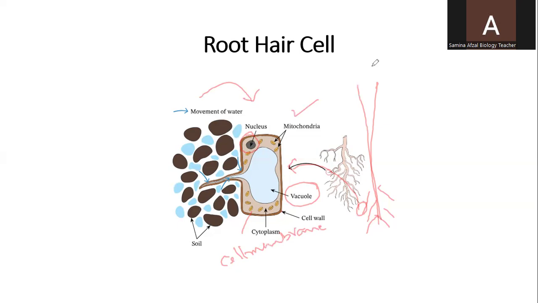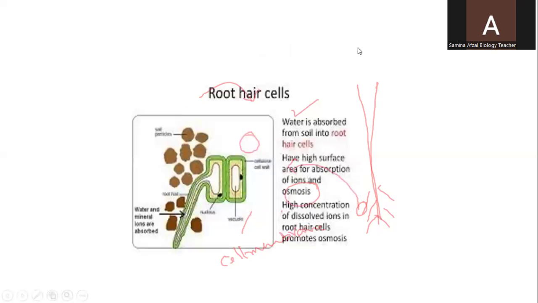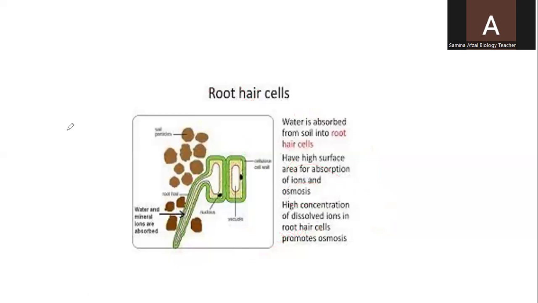So its structure is just like the other cells, but root hair cell is called a special cell because it has to perform many functions, for example, osmosis, diffusion, and active transport for the process of photosynthesis. Now I would like to move towards the next slide, in which we will discuss the function of root hair cell. And you can see that root hair cells have to perform,